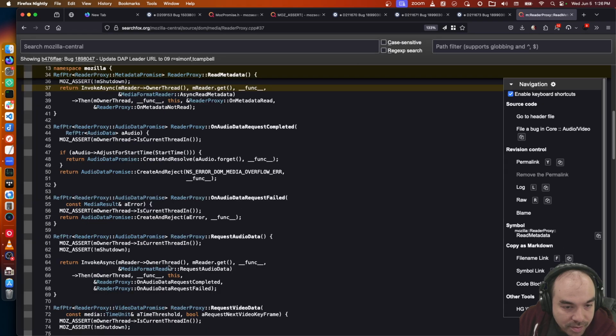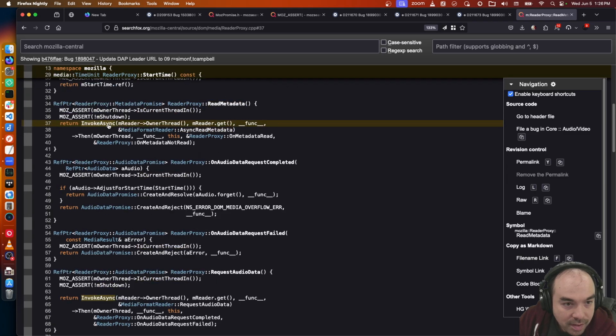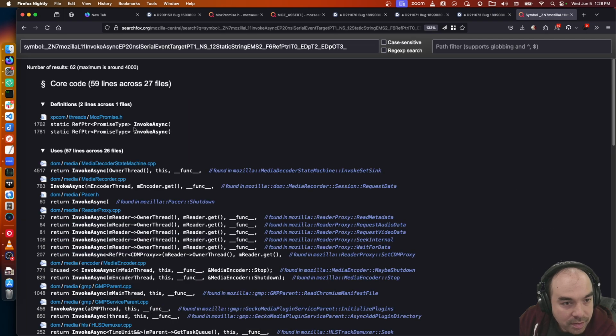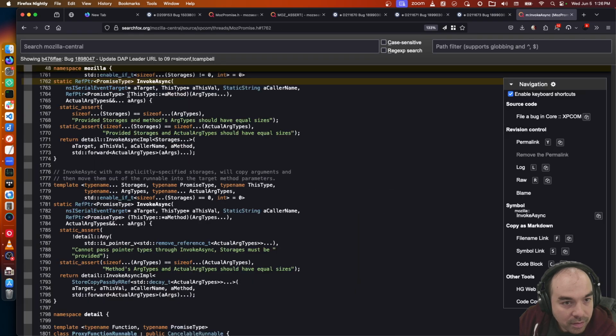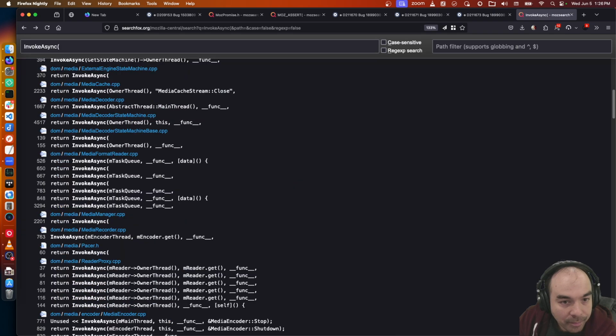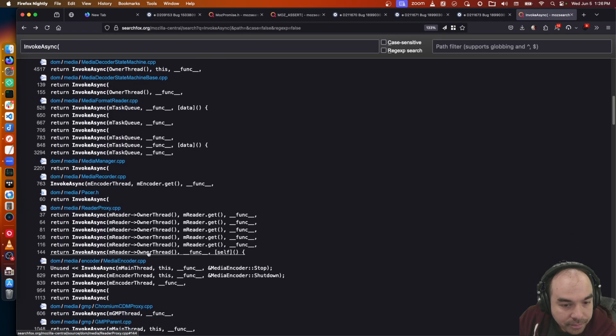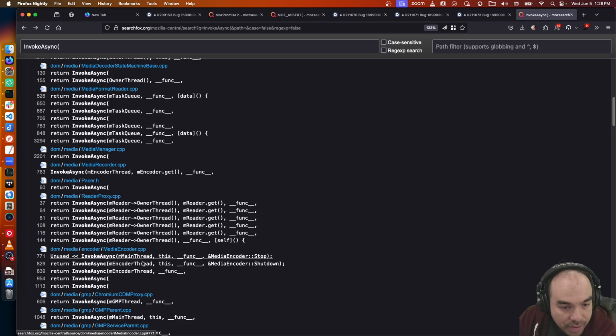More lambdas. So here's one, kind of. Async. The thread. Which one is this? The this val. Yeah. Lambda. The this val.